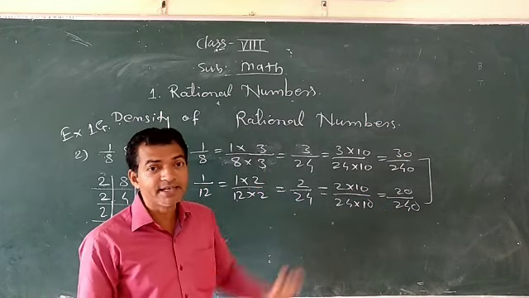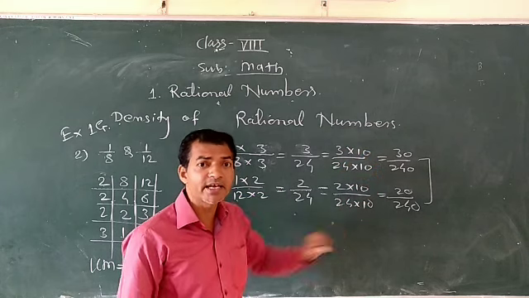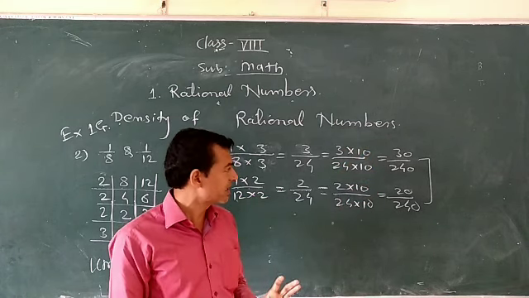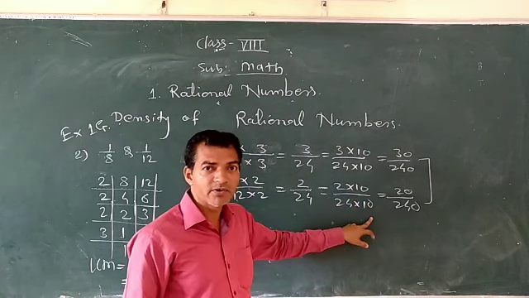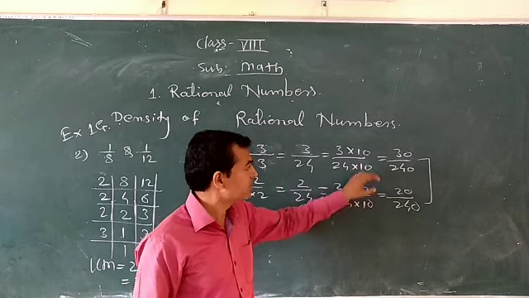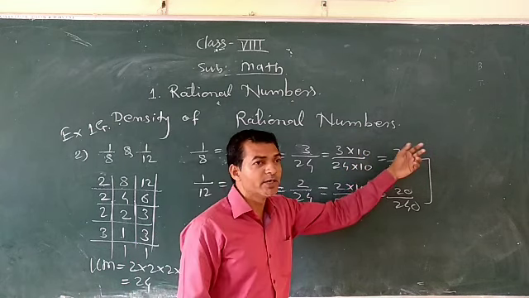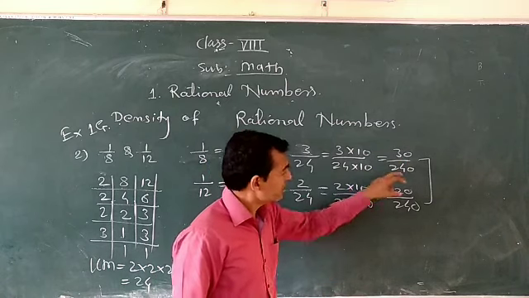So these numbers are bigger numbers. You can multiply by 10 by 10, 20 by 20, 30 by 30. Any number you can consider here. In place of 10, you can write 11 by 11, 12 by 12. But if you write 10 by 10, you only have to put a 0, so no need to multiply. 10 3s are 30, you can easily write. 24 into 10 you can easily write.